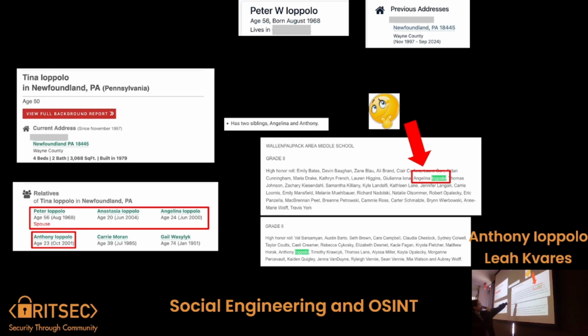And then I see that he has an older sister in grade 8 at that time. Hold on, then it's here. I confirmed that information. We see Anthony there, and that is his age. Actually, no, that's not true. This guy's really old. I don't know. See, it's sometimes wrong.